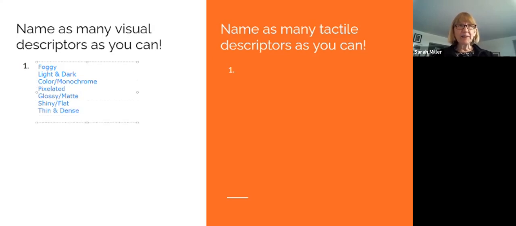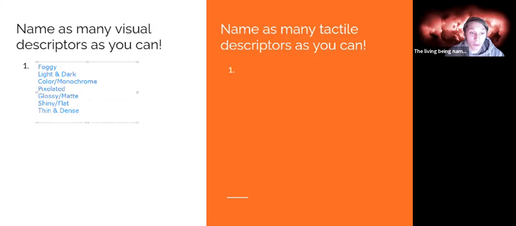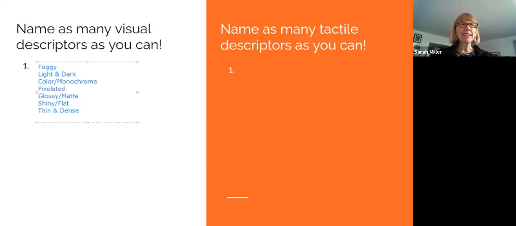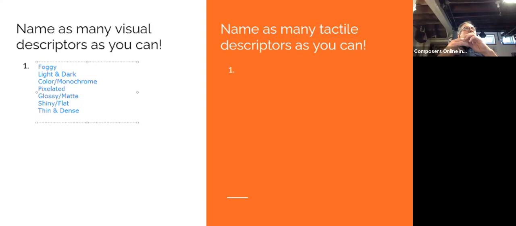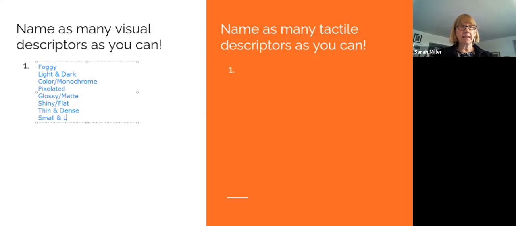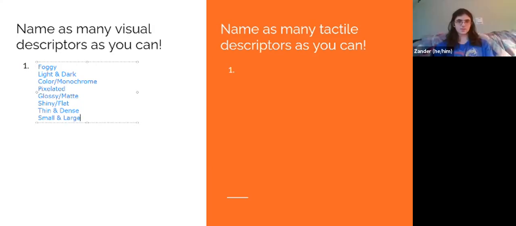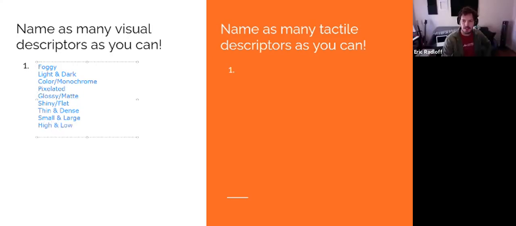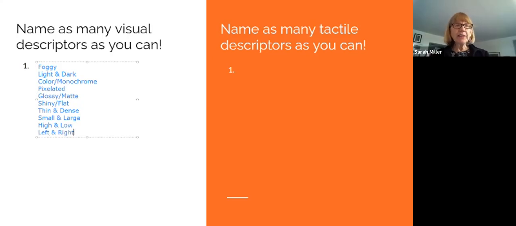Yes. Powerful and weak. Is that visual? That's maybe another category altogether. Emotional. Small and large. High and low. Left and right. This sounds like we're describing space and not so much visual descriptors.